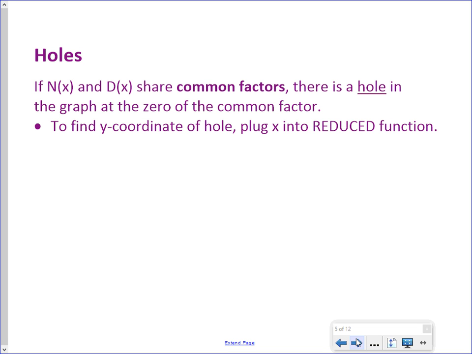So how will we know there are holes? If n of x and d of x, remember those just mean numerator and denominator, share common factors, there is a hole in the graph at the 0 of that common factor. So if you discover that the numerator and the denominator share a factor of x plus 5, you're going to cross out that x plus 5. There's a hole at x equals negative 5. It's a 0 of that factor. A hole in your graph